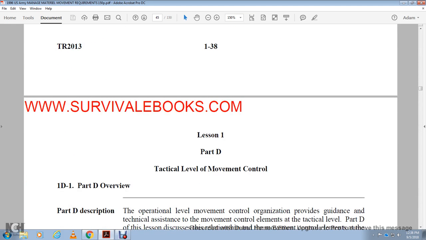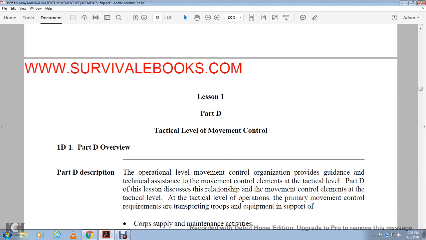Lesson 1, Part D, Tactical Level of Movement Control. The operational level of movement control organization provides the guidance and technical assistance for the movement control element. Part D of this lesson discusses the relationship with the movement control elements of the tactical